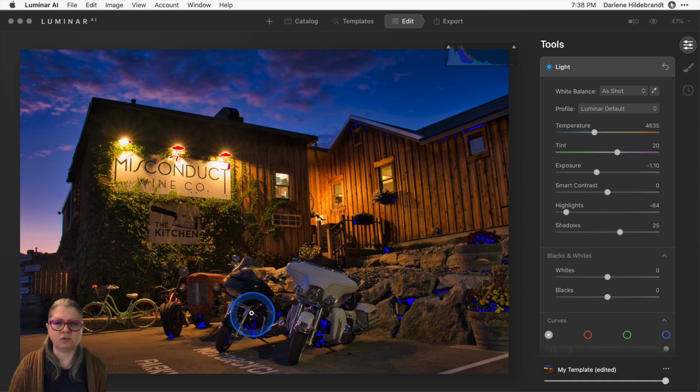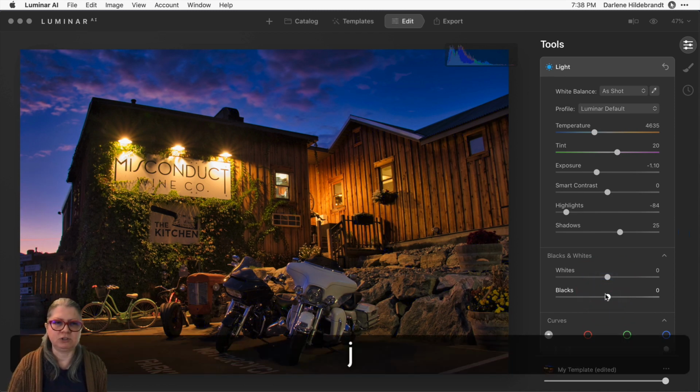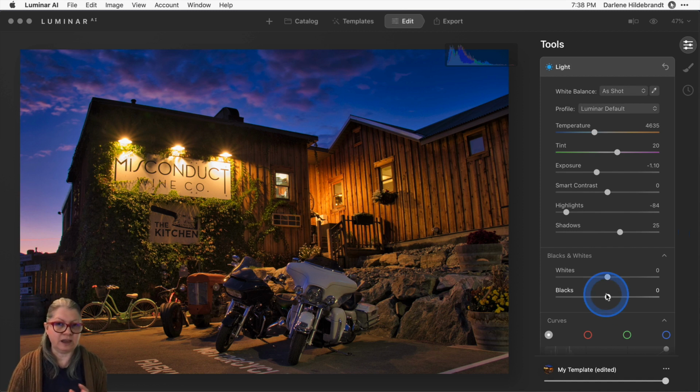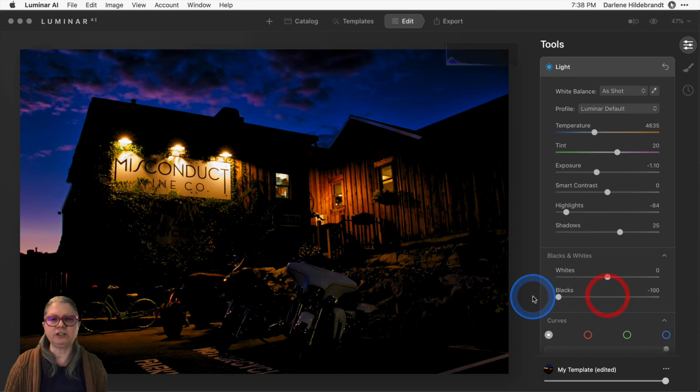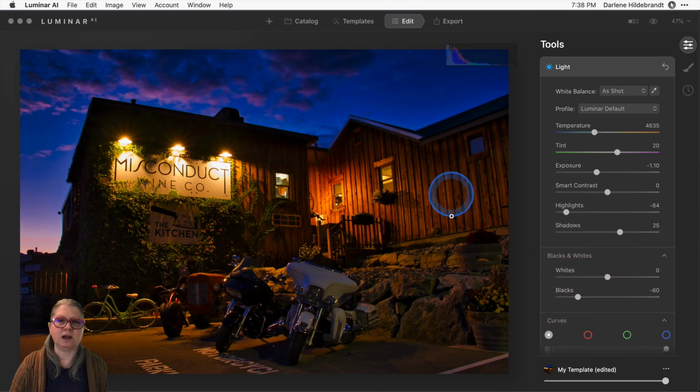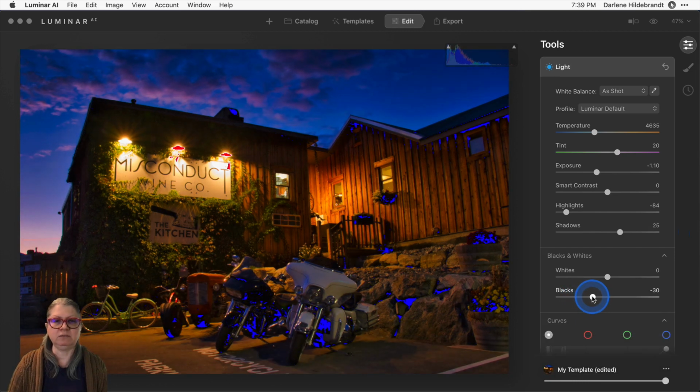In the shadow areas or in the blacks, keeping it a little bit clipped will actually give you more contrast and saturation. I want to show you a little demonstration. Let's take the black slider to the left, which is going to darken it. Okay, so we're going to go all the way to the left. Watch what happens to the color of the buildings and the sky. I'm going to a severe extreme here to show you what it does, but you could see that the orange is really intensified on the building, and look at the sky. Now we really have more of that neon look that we're trying to avoid. So watch when you're adjusting the blacks that you want to have a little bit of clipping because it will make your image have more depth and punch.